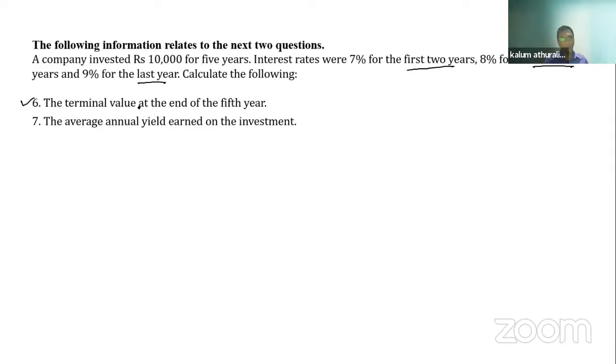The terminal value at the end of the 5th year. Terminal value means the total value of the investment after 5 years. Right. Then in this case, from time to time, the rate will be changed. Then what the formula is, S equal